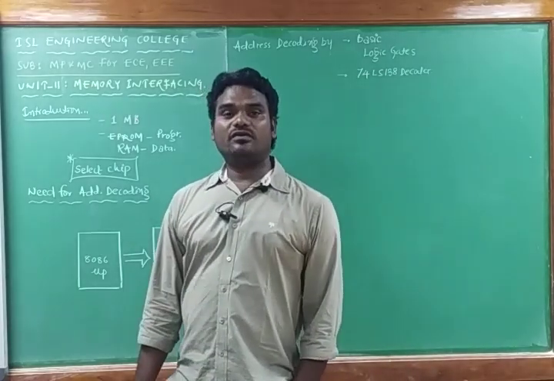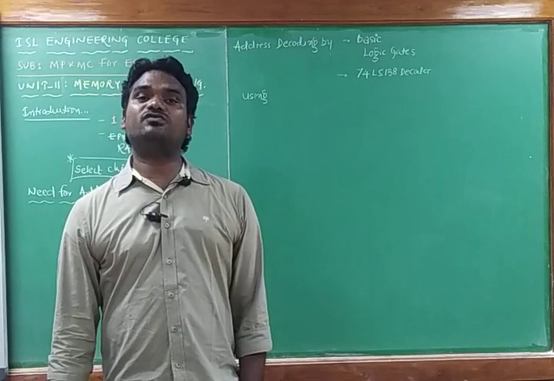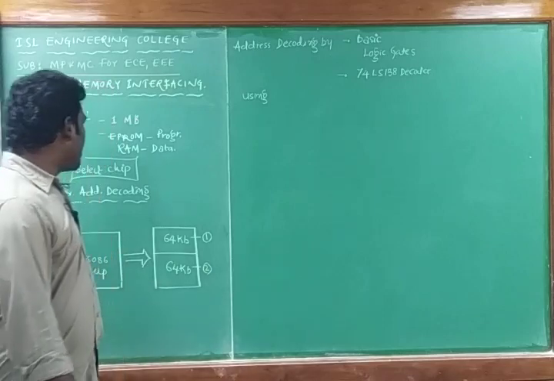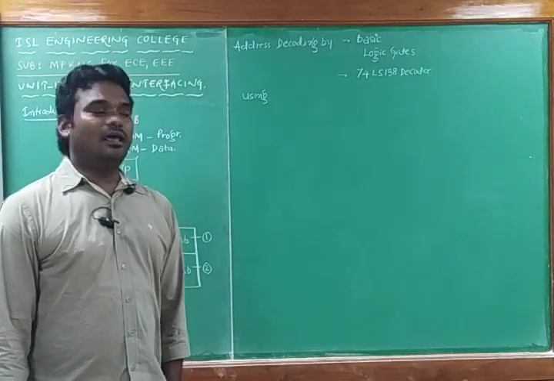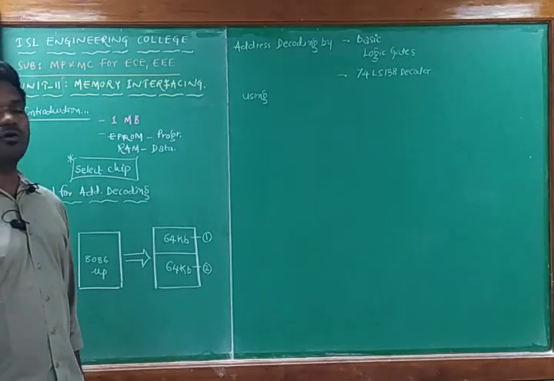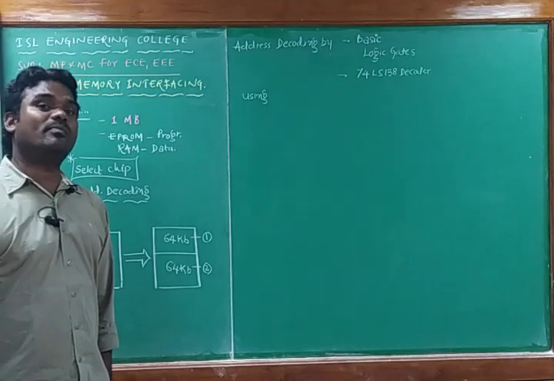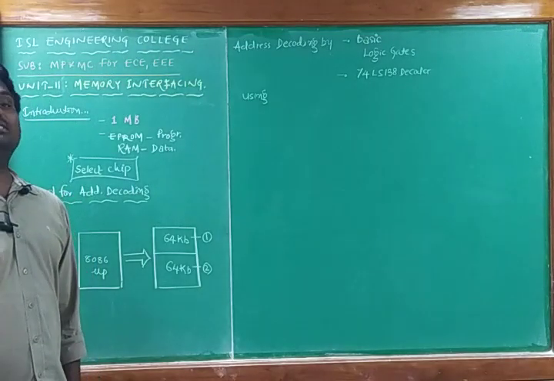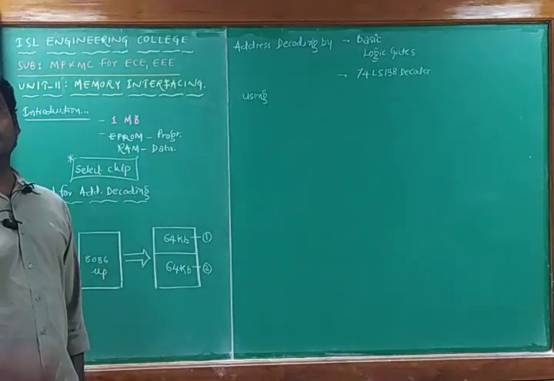To select one particular address in the 10,48,576 memory locations, we must go through the address decoding. Here you should remember one point: the maximum accessible memory for the 8086 microprocessor is about 1 megabyte. That doesn't mean that every time the microprocessor is going to make use of that total 1 megabyte of memory. Based on the application, some part of this memory is going to be used.